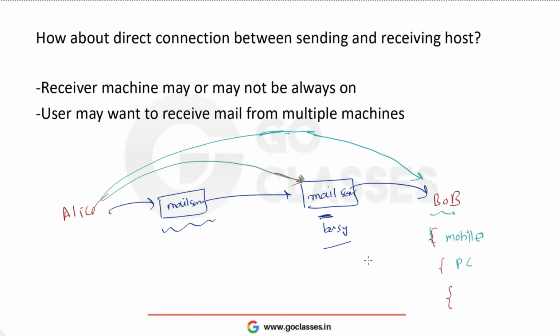The second point is that this communication is one way, but Bob may also reply. So anyway, Alice has to maintain her own mail server. If Bob replies, then Alice also has to maintain her own mail server. Since Alice is anyway having her own mail server, why not just put all the mails on her own mail server and let this mail server handle all the headache? So let's look at the